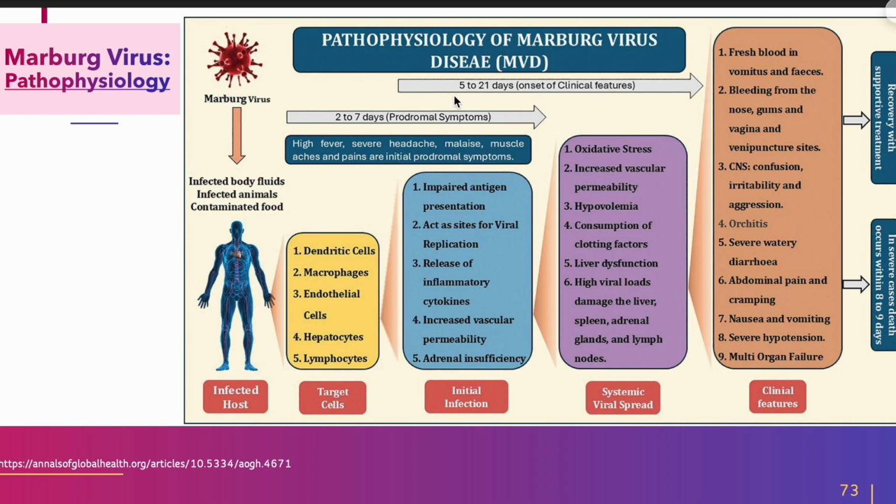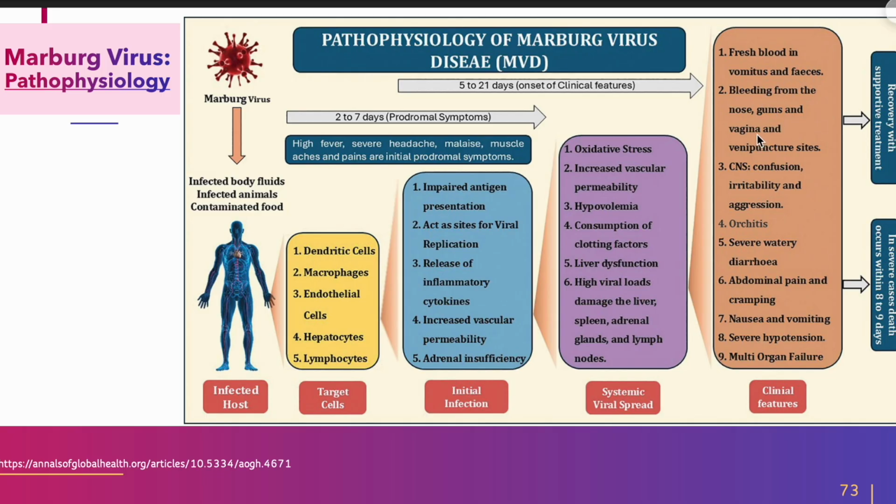And after that, for 5 to 21 days, is the onset of clinical features, where you will see fresh blood in vomit and feces. It means that you see blood stains in the vomit and feces,